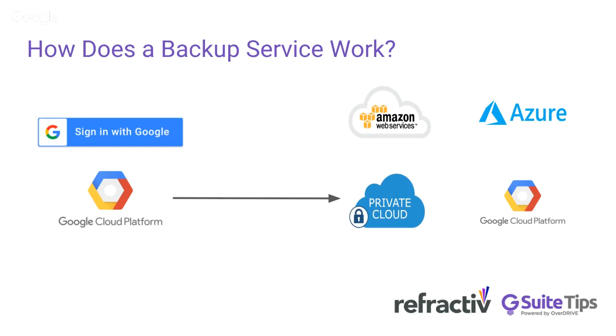But whichever method you use, essentially you're pulling information from the Google infrastructure and out of your Google accounts into a separate area for safekeeping. And this data is effectively copied across, so it doesn't affect the original. Most backup services keep a record of all backups and restores, and they allow you to restore your data to a point in time in the past. This works particularly well in ransomware attacks because you can restore data from a time before the attack infected your